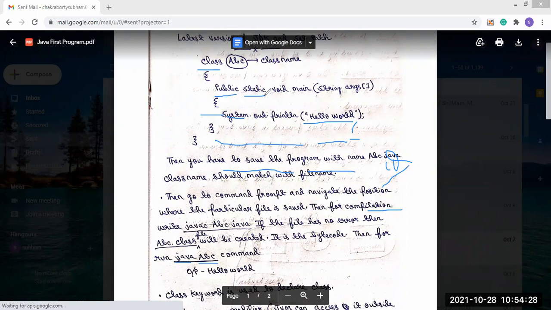Then why do we use static? Because when the program starts, the JVM calls this method first. At that particular time there is no class and no object; the execution has not created any object yet. So it is not associated with any object when the JVM first calls it, and it does not see any class or object concept.